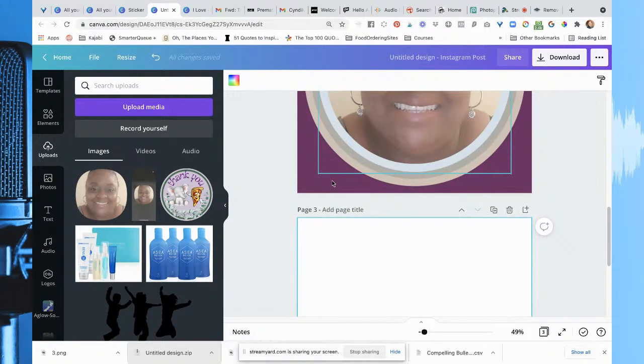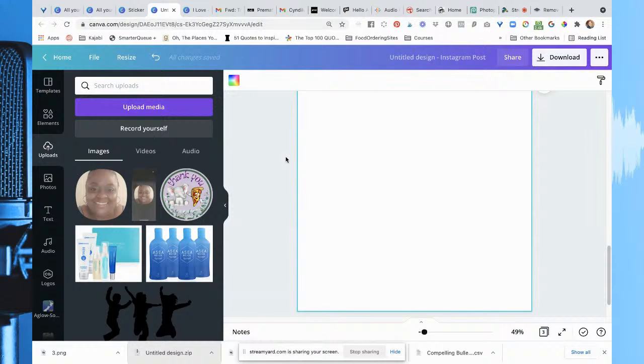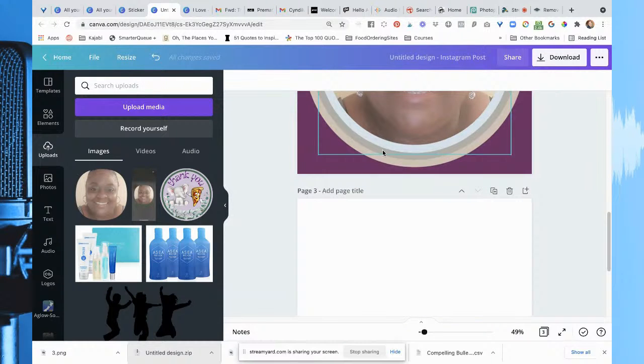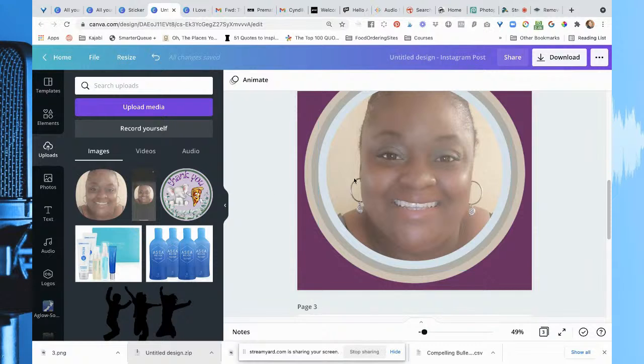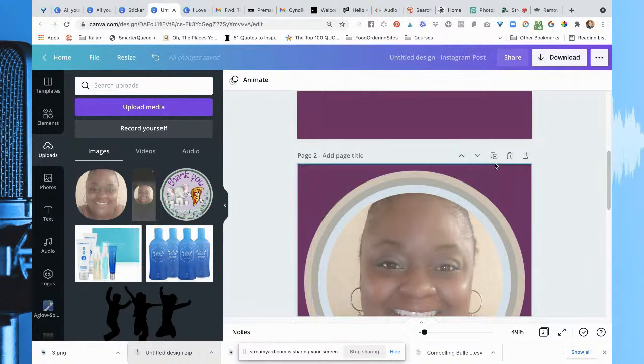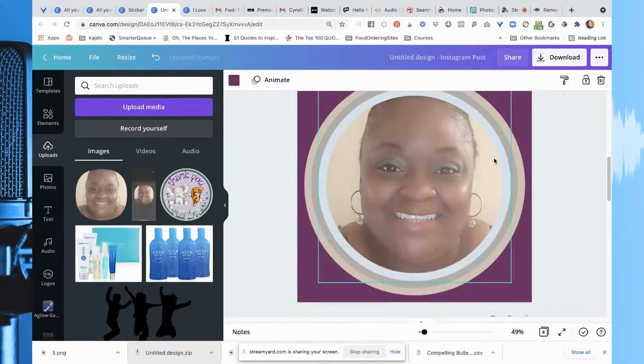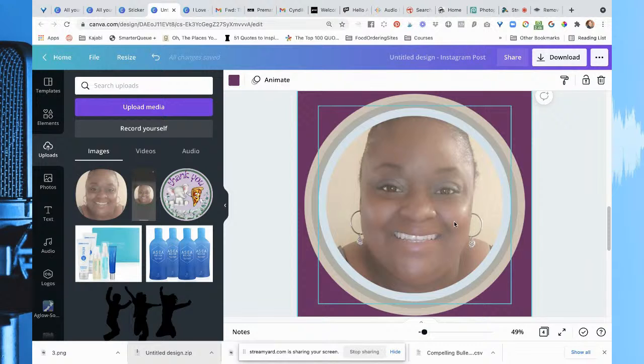What do we need to add? Words on a thing, right? We could just pretend that one of these rings is that. Let's copy this page. Duplicate the page. Take the photo out because we don't want the photo there, but we have to get to